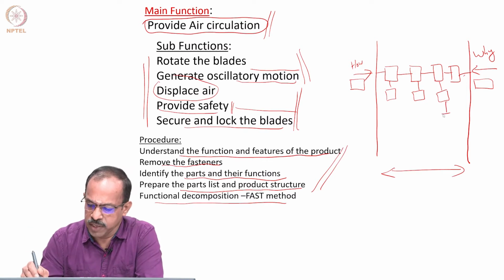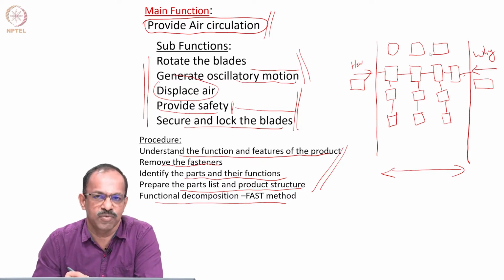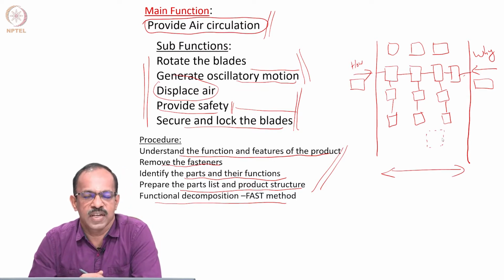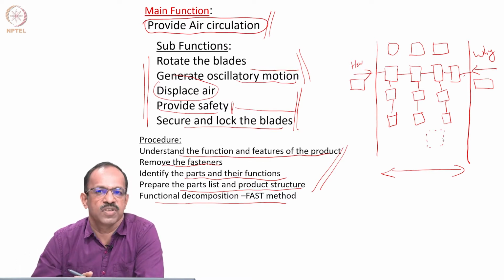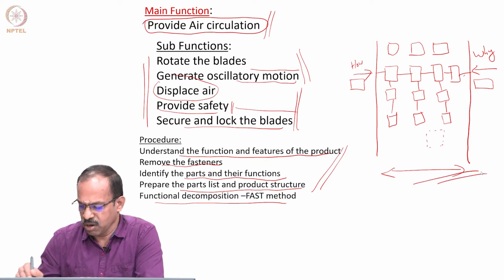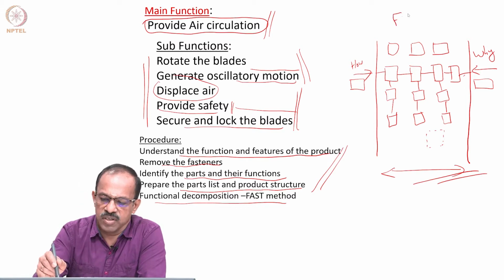In this way you will get those sub-functions, and then you will have some all-time functions, and then some functions which are necessary for the product, like safety and other aspects, which will come separately. And then you will sometimes have some unwanted functions. You need to see what these unwanted functions are, and how they are tolerated or compensated in the product. That will become an additional function in the product. This way you will be able to get all the functions in the product, and that is basically the functional decomposition.